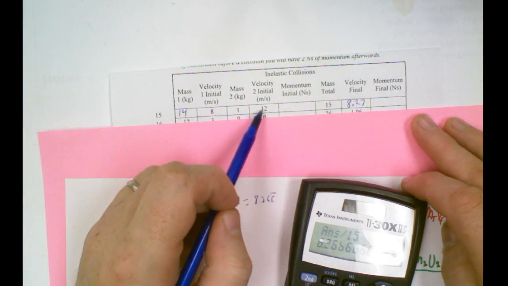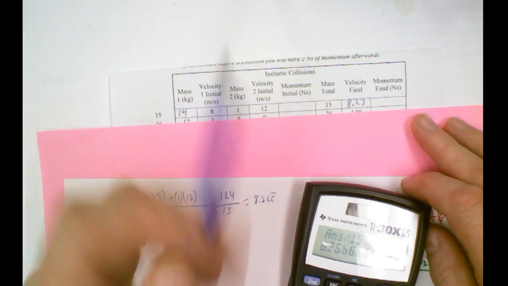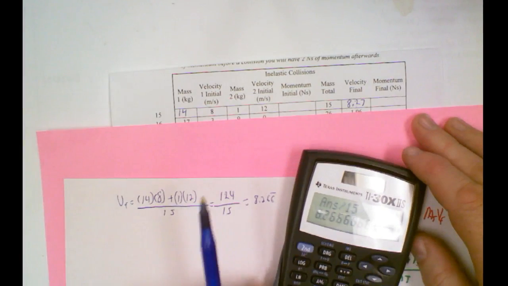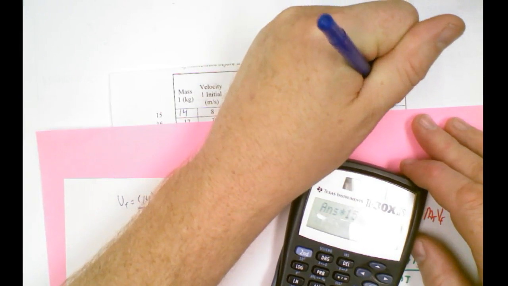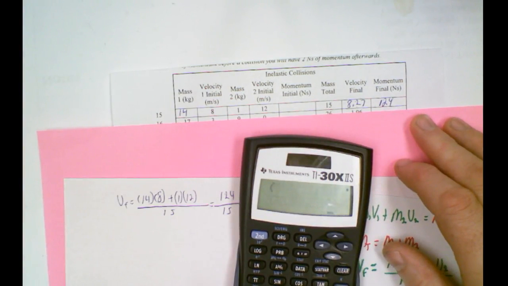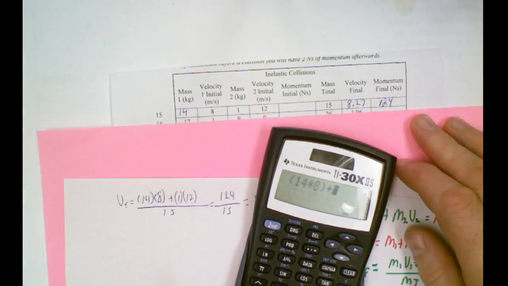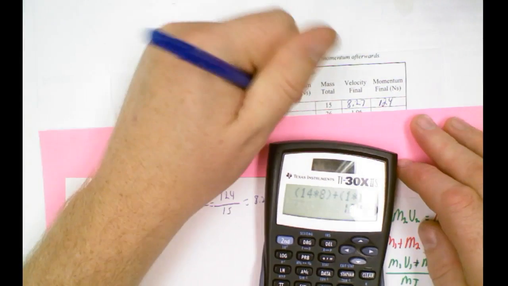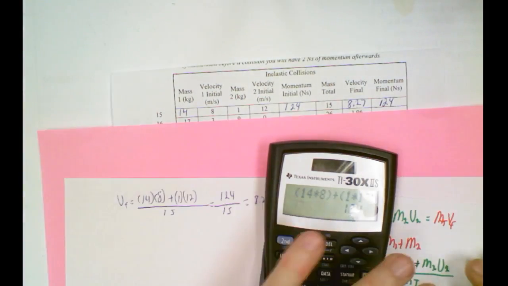We have the momentum on the left, the momentum on the right. They should be the same number. Now we did round off here, so this is going to be a little off. Actually, I have the 8.2666 number in there. So if I multiply this by 15, I get the number 124. Let's see what the left side looks like. Quantity 14 times 8, plus quantity 1 times 12, and it tells me 124. And that first problem is done, and I have not made any mistakes because I started off with my little